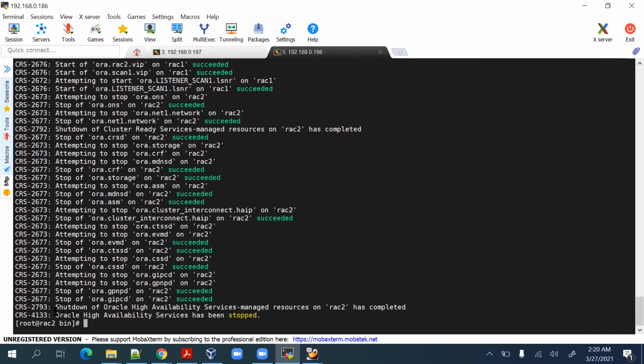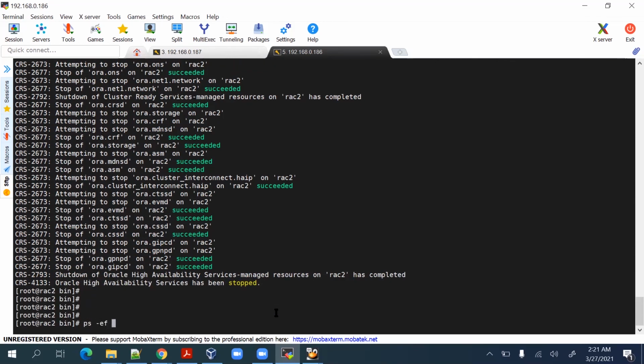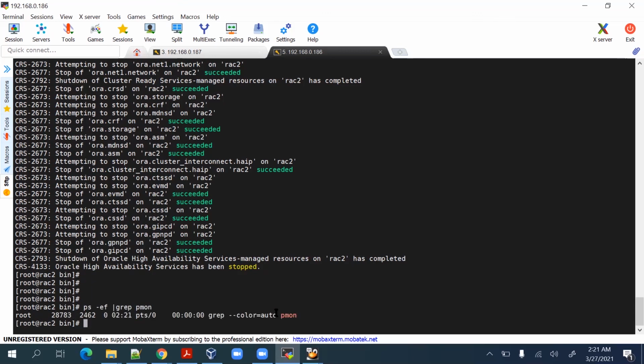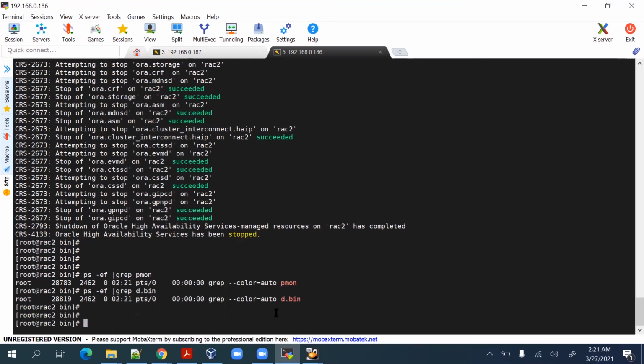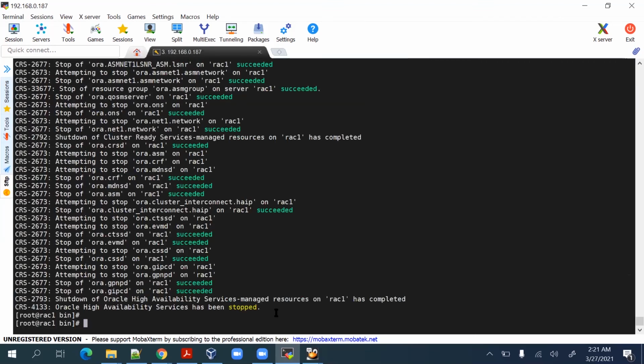So now you can see your clusterware stack is down on node 2. You can verify using the command ps -ef | grep pmon or d.bin, or tns. So all the services are down. Okay. Now what I will do,